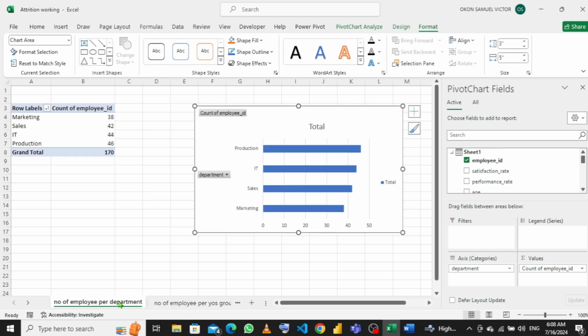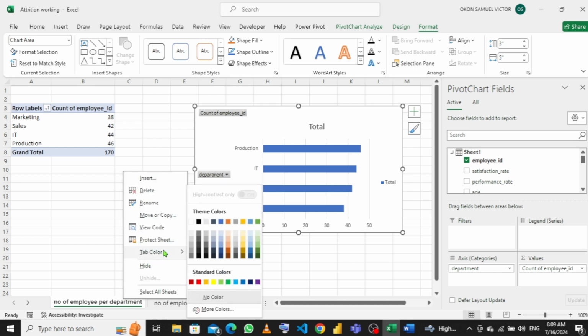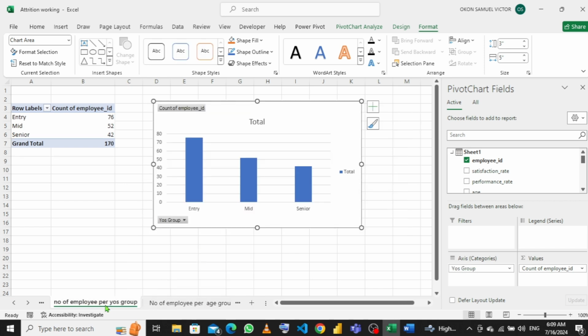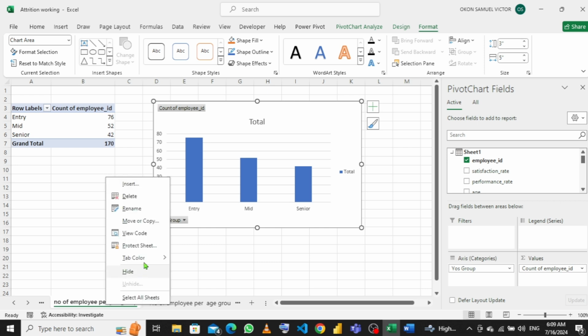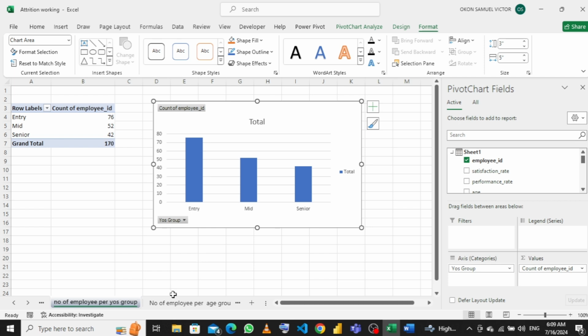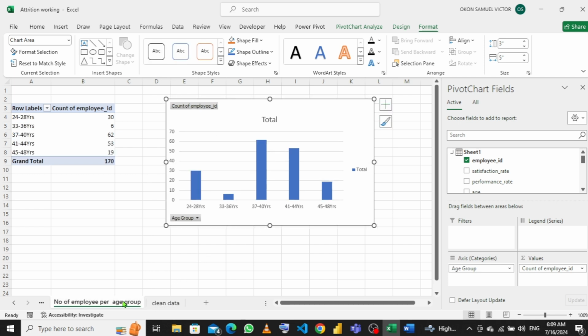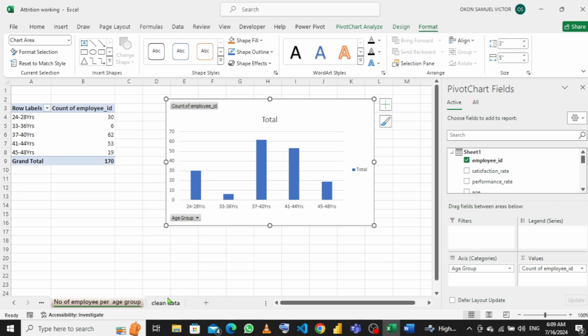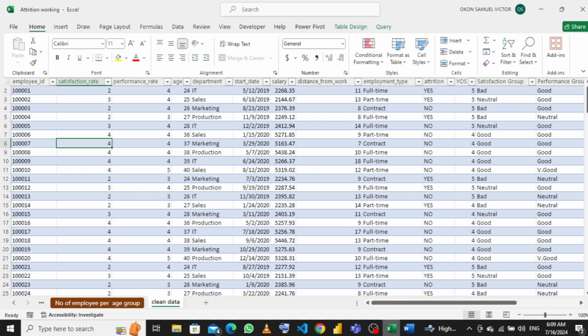I would have loved we change these colors of our sheets. Let's give it different colors. Let me use this color black. I choose different colors, and then let me use this color blue. Select this, and I'll choose this color. So back to my